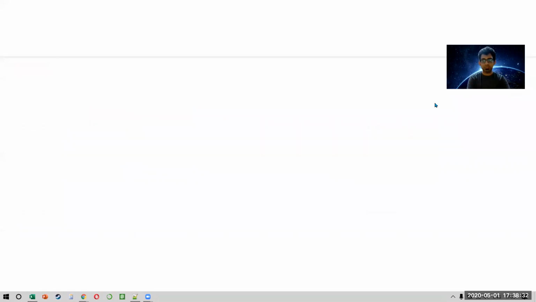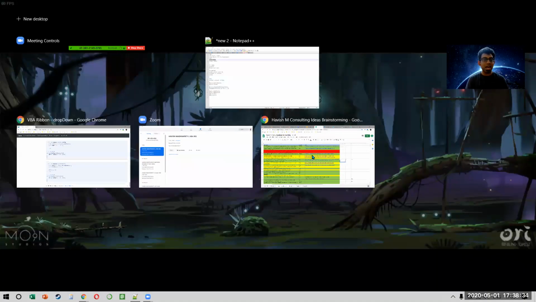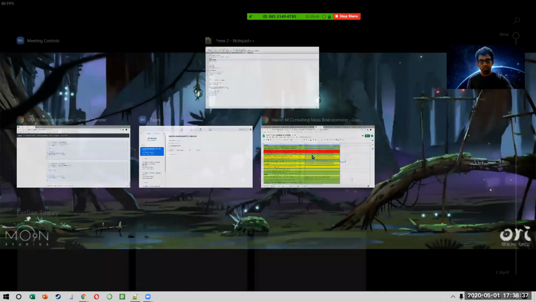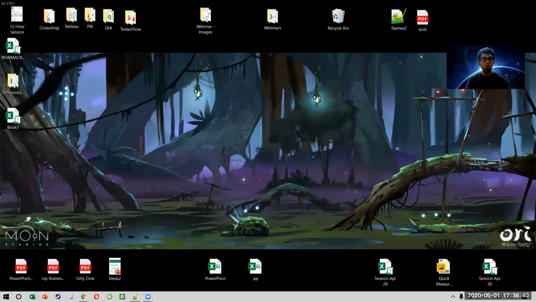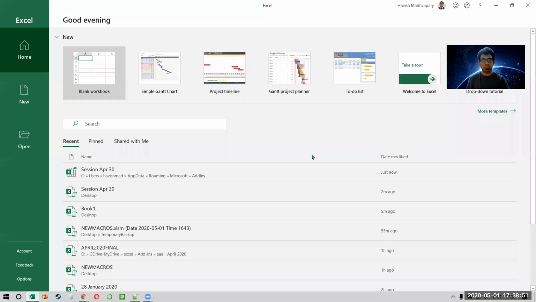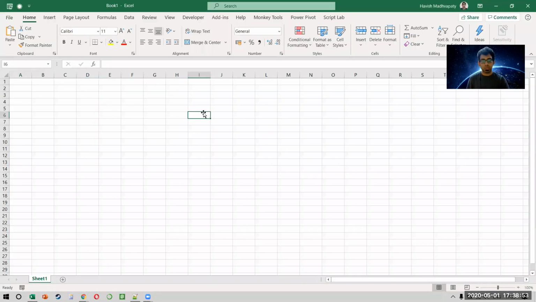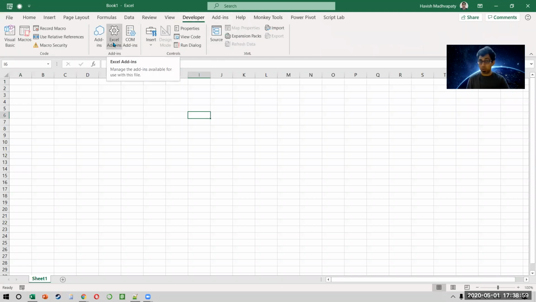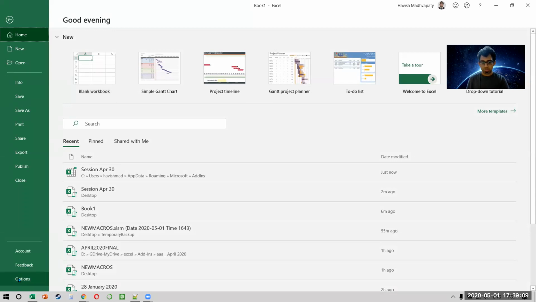And let me close everything. So if you notice, I don't have any other Excel files open on my system right now. Now, how do I enable that add-in on my computer? So very simple. You open any Excel file. Okay. You click on Developer, and then you click on Excel Add-ins. But the problem is, remember, if the user does not have the Developer tab enabled, does that mean that he will have to enable the Developer tab? Not necessarily. You can click on File, Options at the very end.